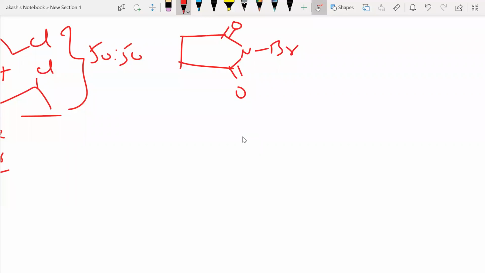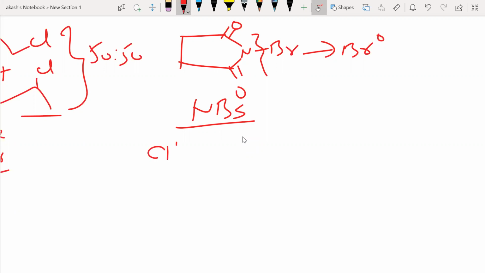So this is NBS, that's a famous one. This bond will undergo homolytic cleavage to form a free radical. That is, Br dot is going to get formed from this, right? Now we'll see when I go for the allyl group, that is CH3, double bond, CH double bond, CH2, right? So when this Br dot approaches,